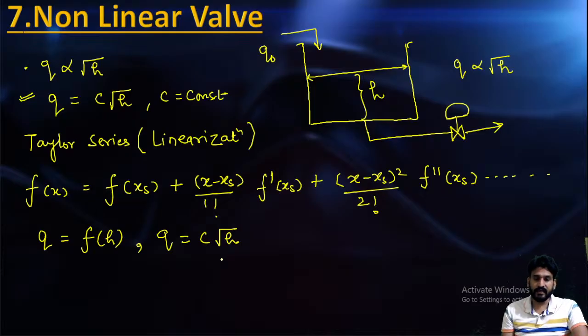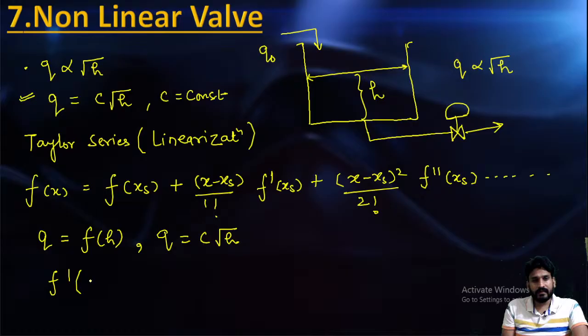Okay, is it clear to you or not? Now, instead of x, I have h. That is the difference. I need the differentiation of this function at the steady state point. So let's find out